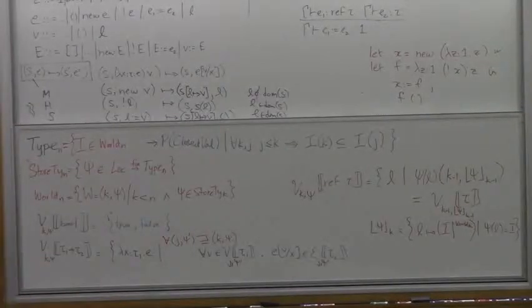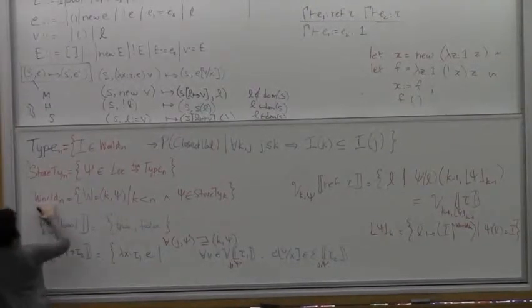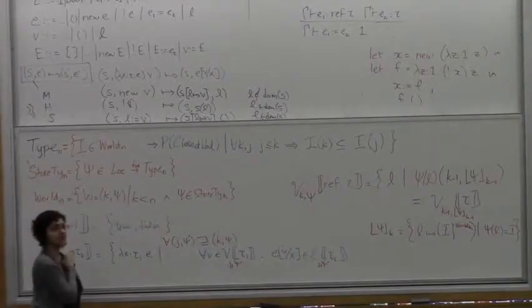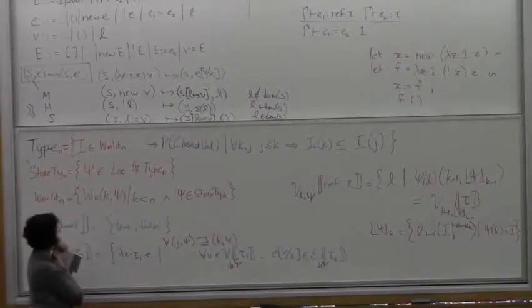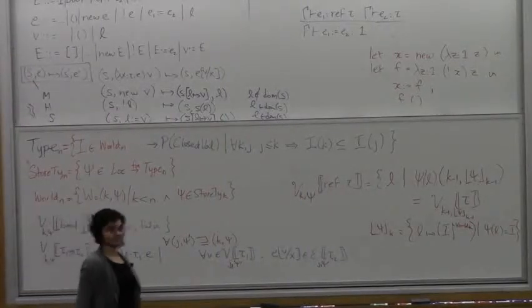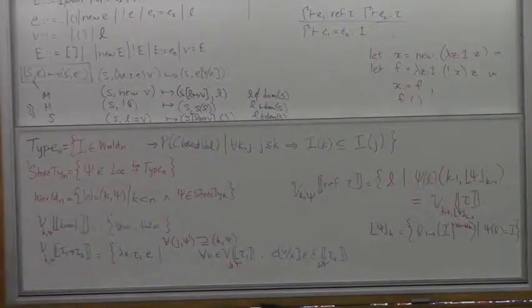So when you say spelled out on the board, you're talking about the set of worlds. This is the set of worlds, just like this is the set of worlds. Okay, and just to be clear, the set of worlds, its elements are worlds in the form where I guess you would enumerate all possible instances of store type. Yeah. Okay. So we need to define